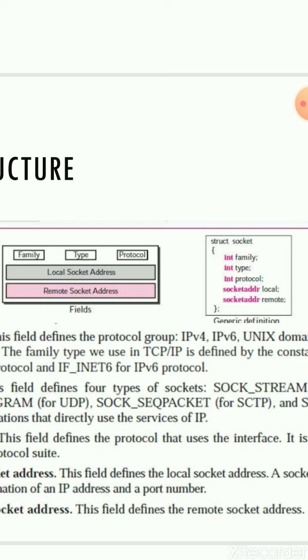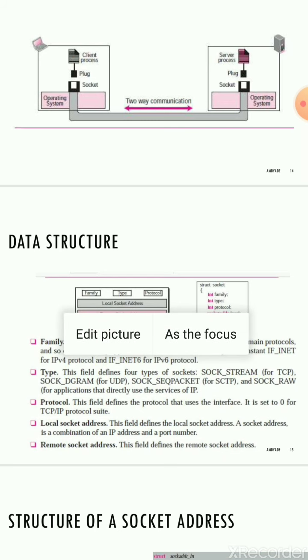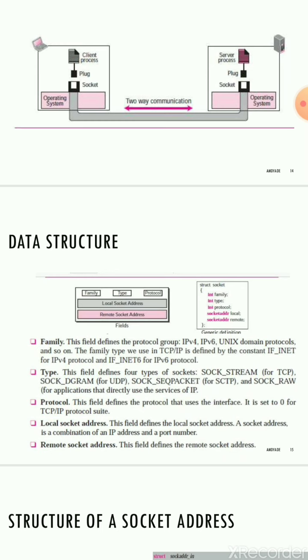Struct socket is the socket family structure. In this structure of a socket, there are five elements: family, type, protocol, local, and remote addresses. The format of the data structure that defines a socket depends upon the underlying language used by the process. We assume these processes are written in C language, because we are dealing with C right now. So throughout this chapter we are not using any other language to define socket programming.